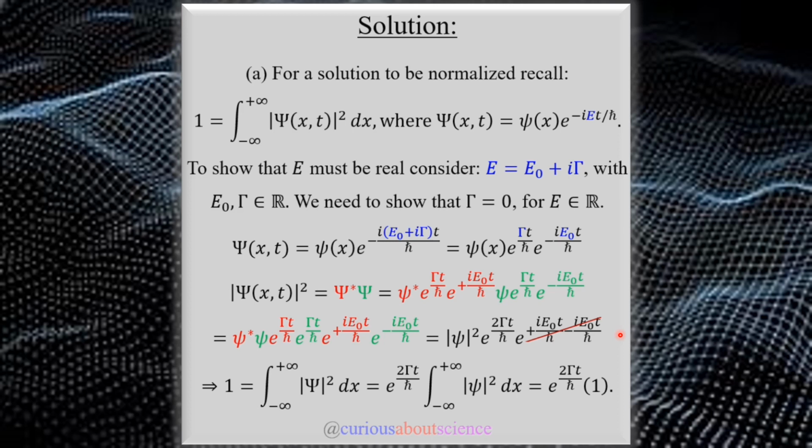Now, the normalization statement has to come in. If we plug this into the normalization condition here, we get a little psi squared, and e to the 2 gamma t over h bar gets pushed outside the integral as it's a constant with respect to x. And we know that the normalization condition tells us that this integral must be equal to 1. Hence, we have the exponential times 1. But the left-hand side of this also has to be equal to 1, since that was the original normalization condition for the total wave function. So what does this tell us?